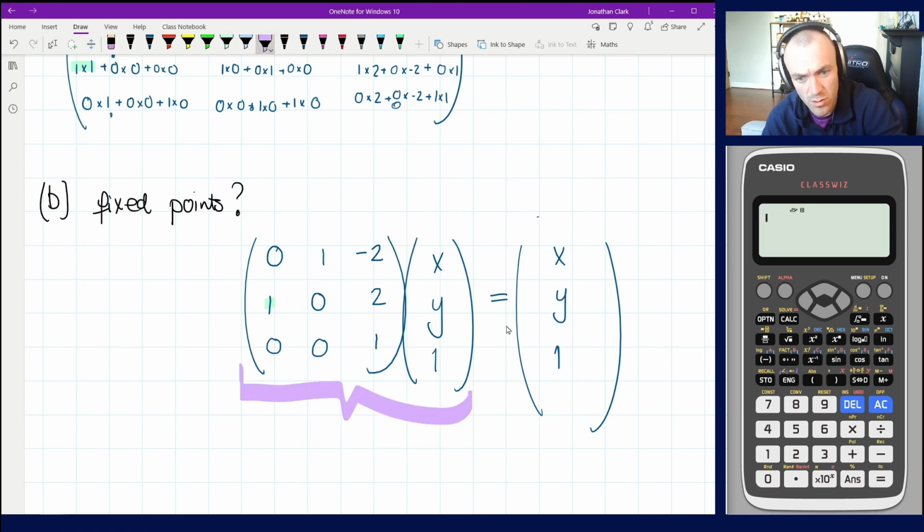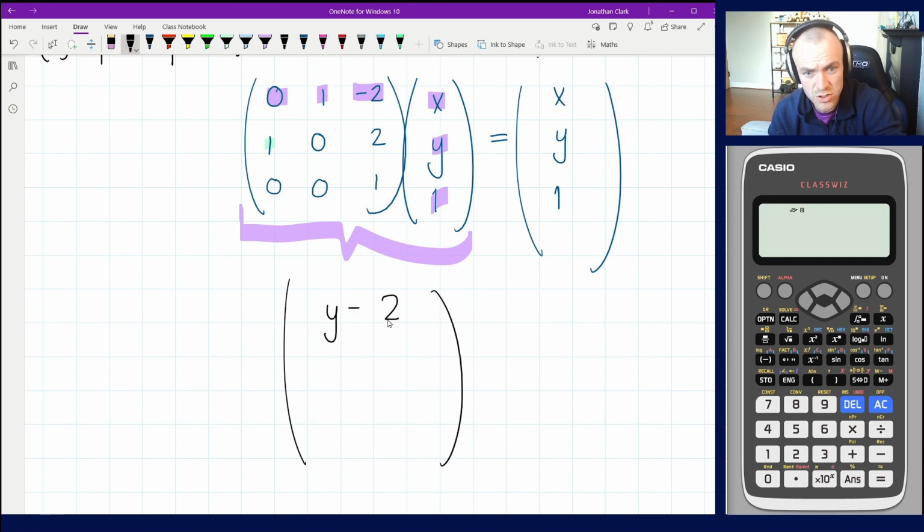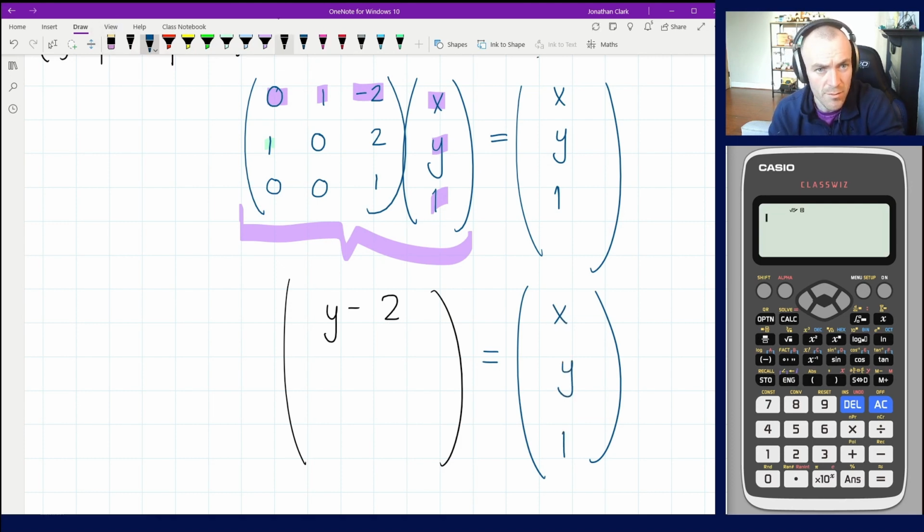We're going to multiply out this left side, and we're going to see what it works out as. So we're going to do 0 times x, 1 times y, minus 2 times 1. We are going to get for the top line plus y, take away 2, result of the first multiplication. The middle row is going to be 1 times x, 0 times y, and the bottom row is going to be